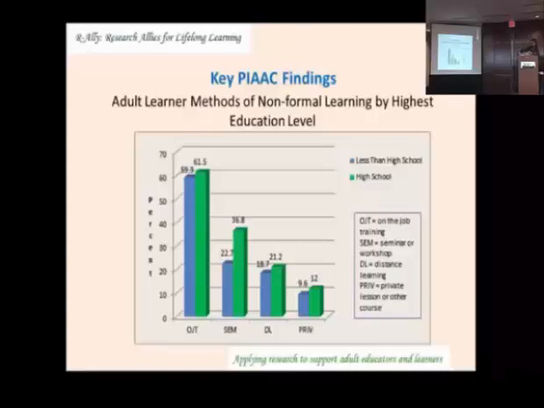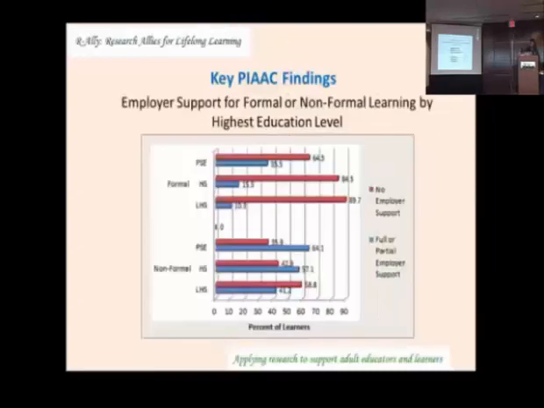And you can see that the percentages drop off pretty sharply in terms of who's participating in those different types of learning. And I think it's very telling that with the distance learning percentages particularly being so low, it makes me wonder what relationship does that have to those relatively low poster skills that we were seeing. That's not something that we pursued in this paper, but it's definitely a question that came up as we interpreted the results.